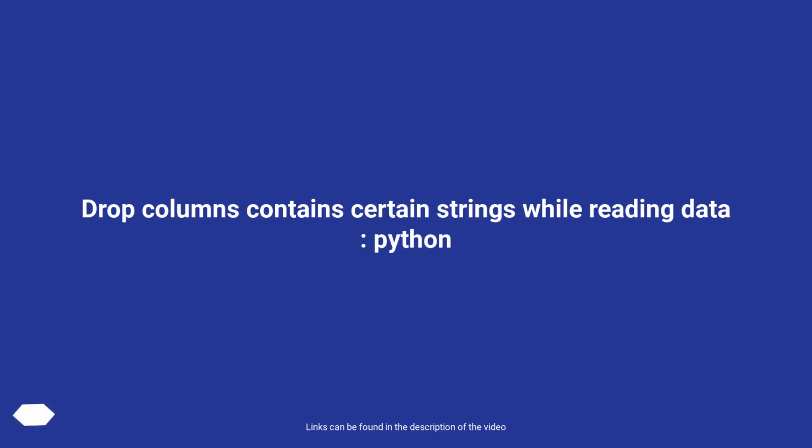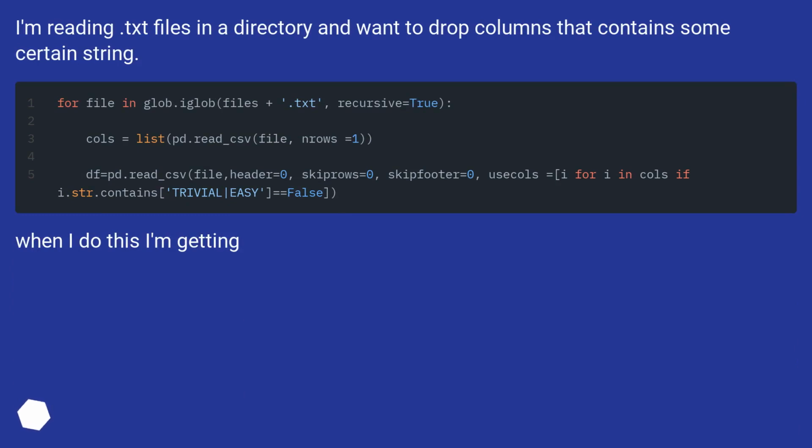Drop columns that contain certain strings while reading data, Python. I'm reading text files in a directory and want to drop columns that contain some certain string. When I do this, I'm getting